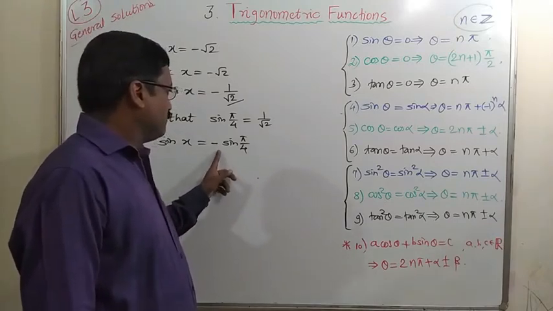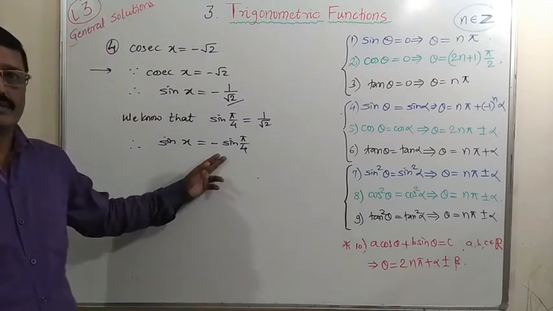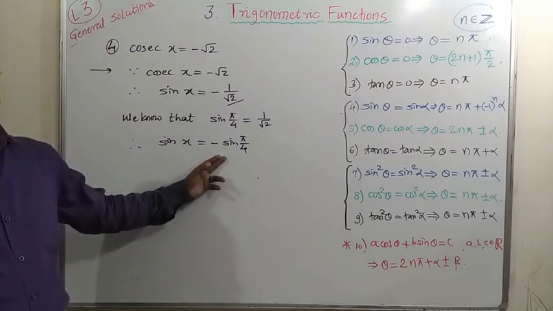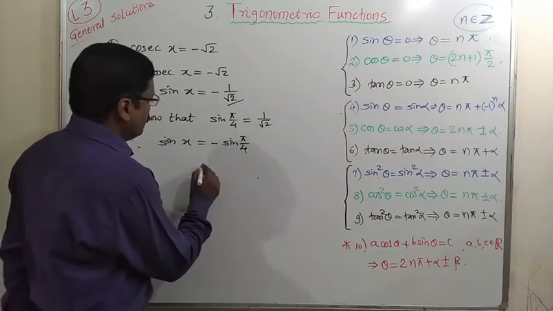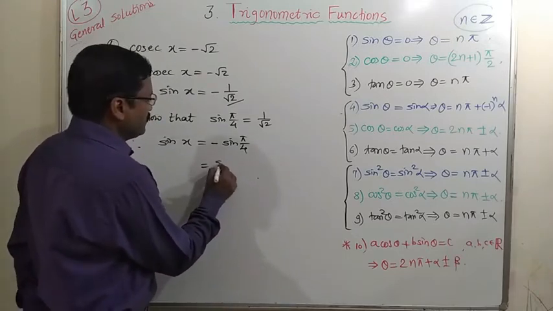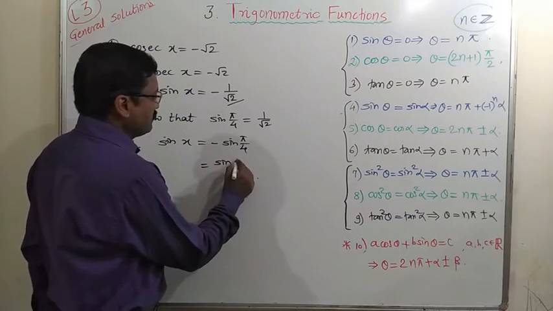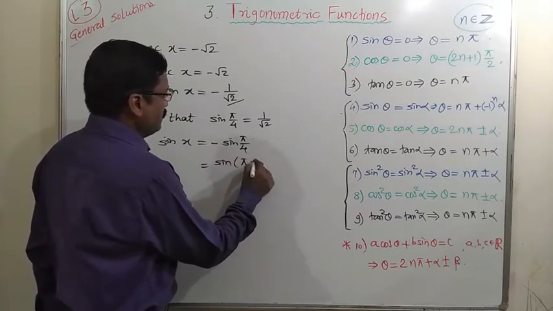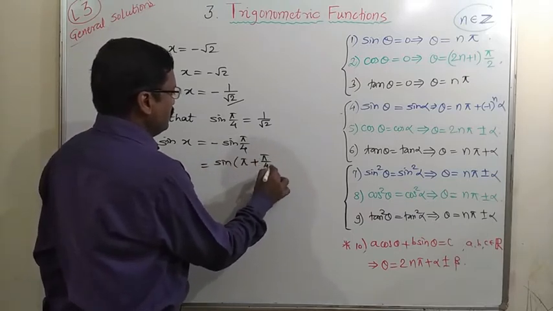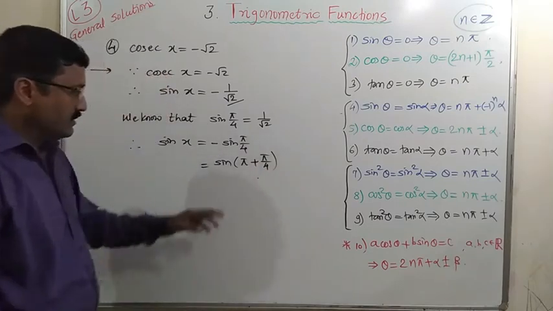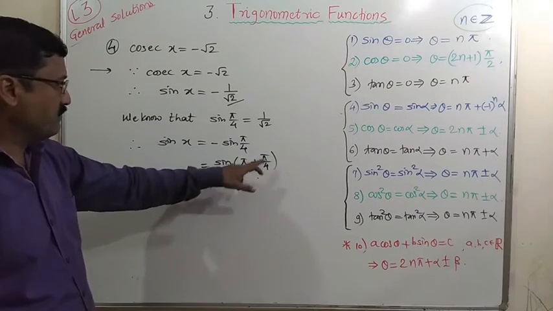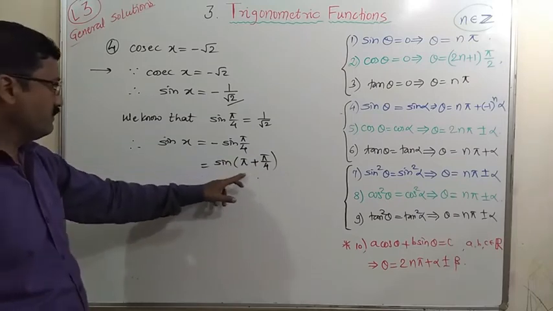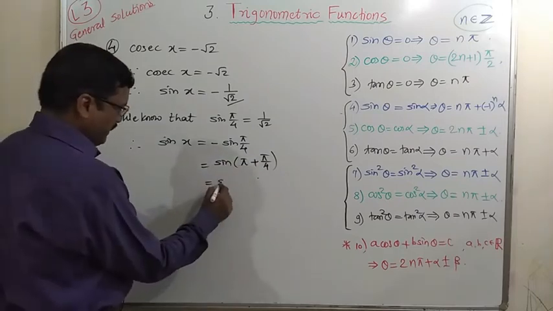So where sine function is negative, it is negative in third and fourth quadrant. So we will use that formula related to third quadrant, that is sine of third quadrant means pi plus pi by 4. Now sine pi plus pi by 4, it will be 5 pi by 4, and sine 5 pi by 4, write this as